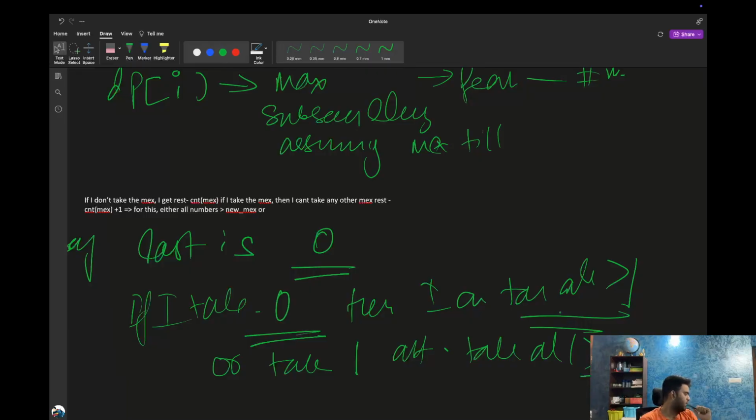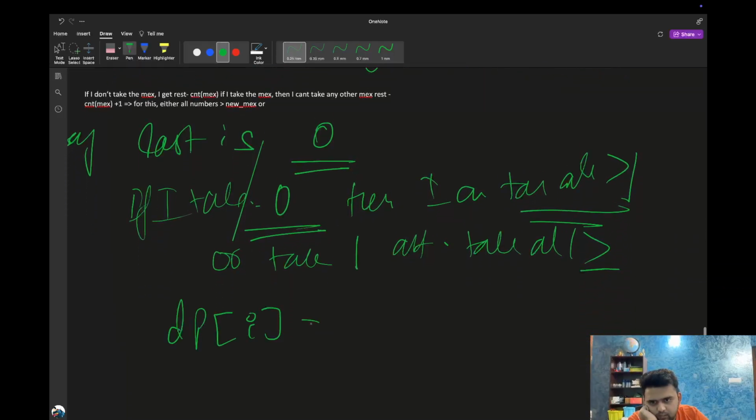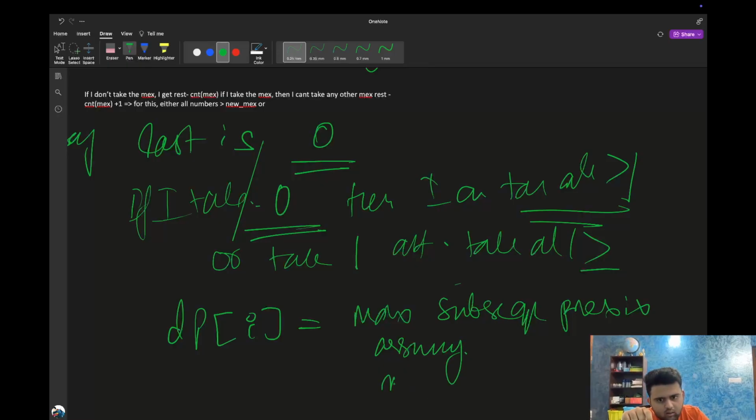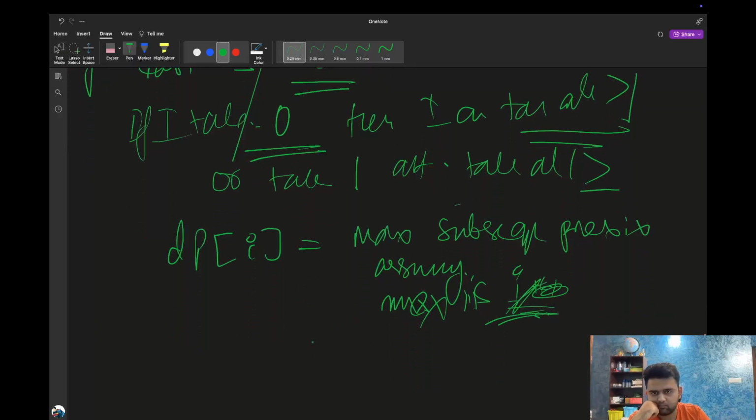Okay, I can actually store, since the lengths are non-intersecting, I can store dp of i is equal to max subsequence prefix assuming max is i. I plus 1. Basically, I can't take